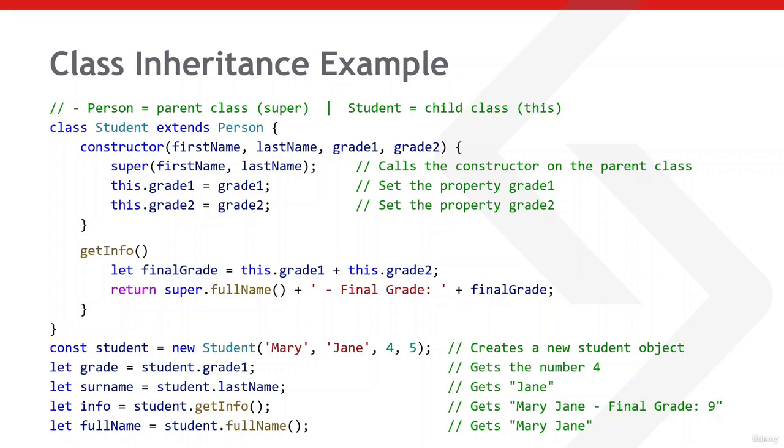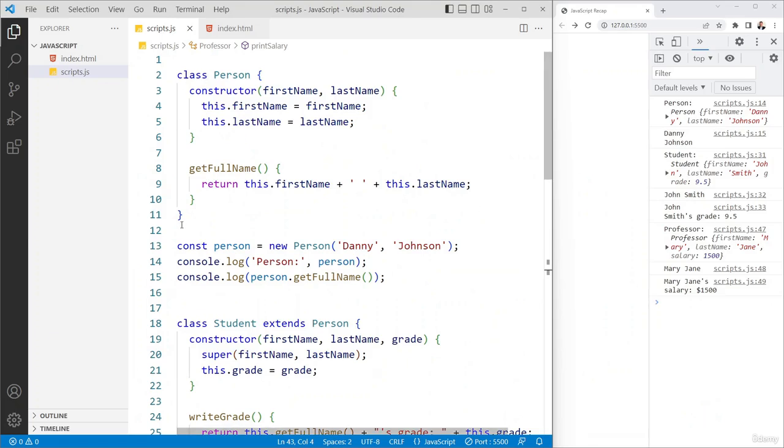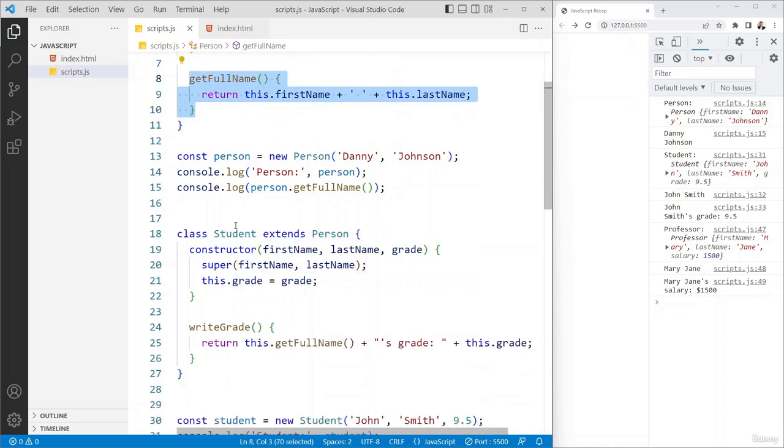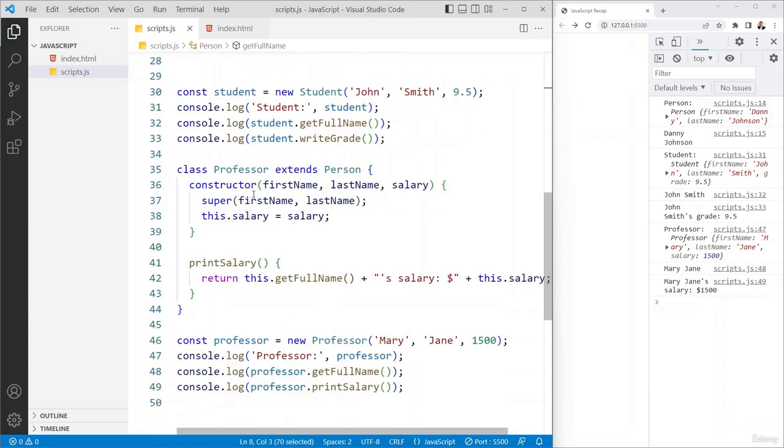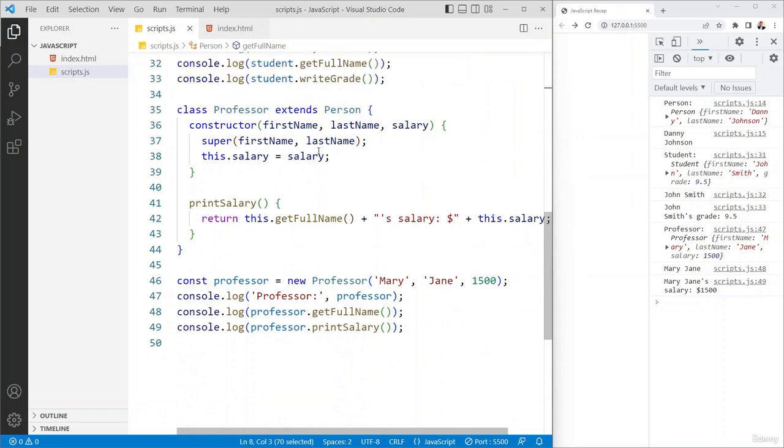Now, there is only one final thing that I want to recap about the class inheritance, and that's overrides. Let's go back to the code. So we have our main class here, which is person, and we have the method getFullName, and then we have subclasses. They are inheriting from person, and we are using all the properties and methods that come from that base class. So when I get here, for example, in the professor class, I create a new object, and then I call here